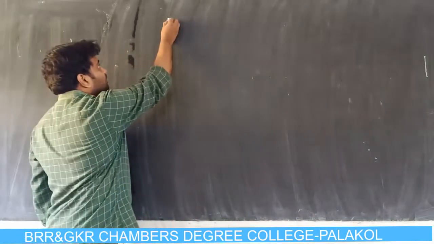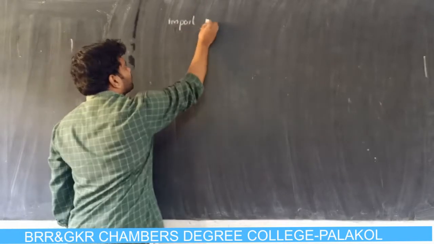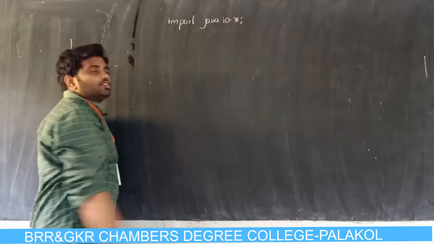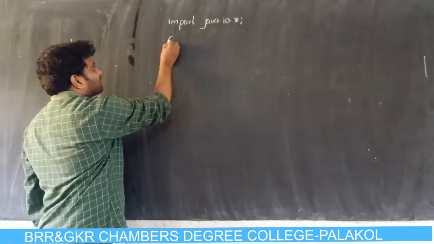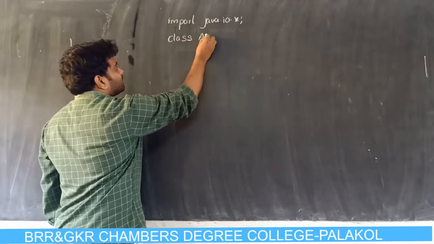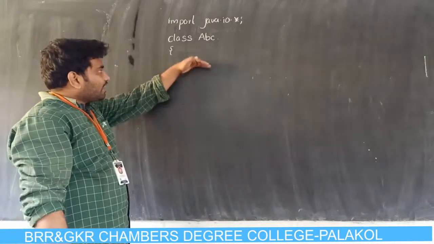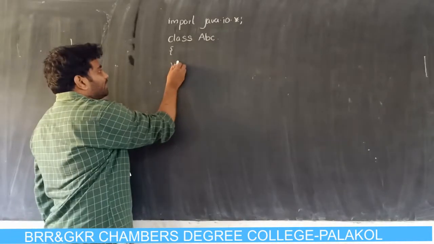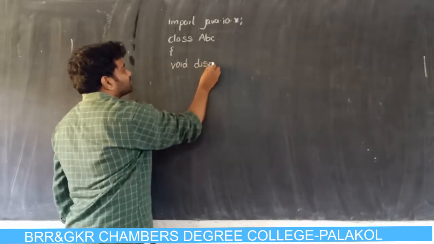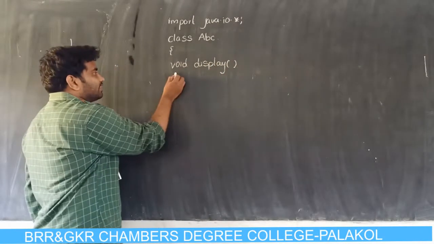Okay, first import java.io.*. This is the import section. You write class name ABC, curly bracket open. Okay, you declare the method void display. This is nothing but the method declaration, curly bracket open,